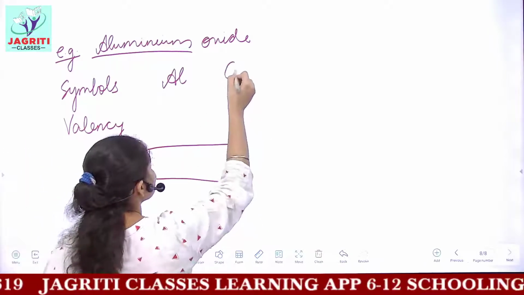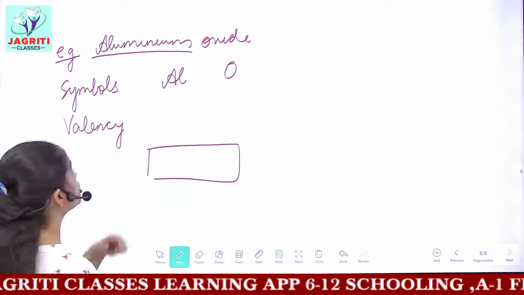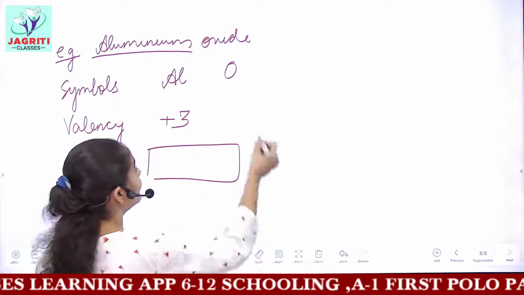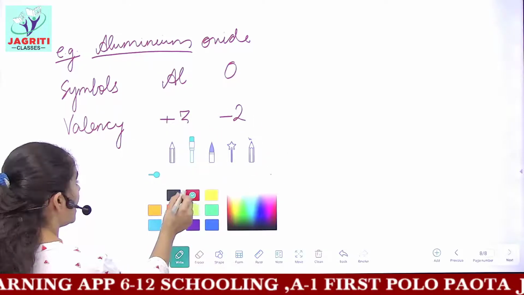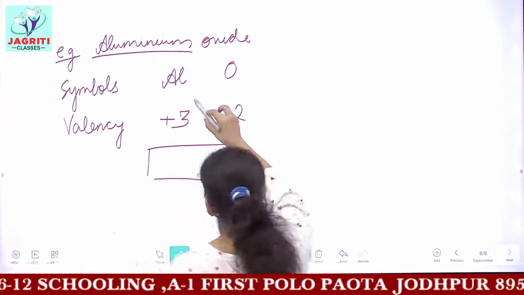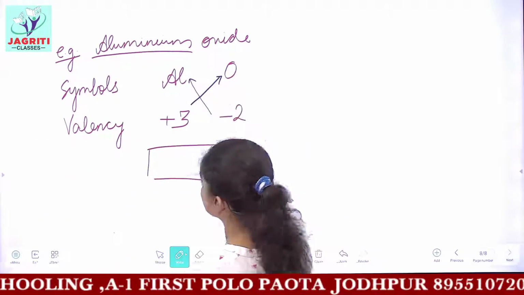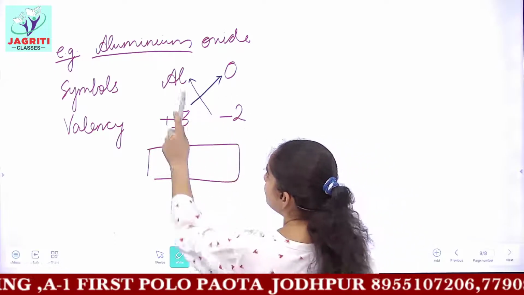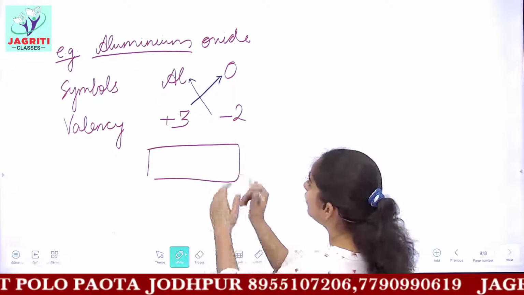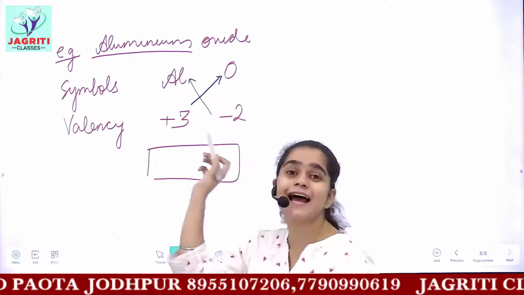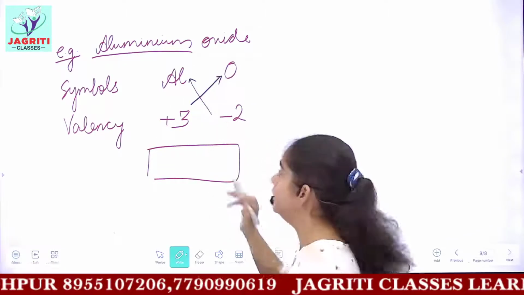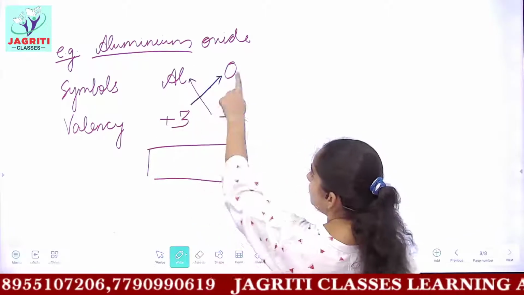So the symbol is capital O. The charge or valency of aluminium is +3 and the charge on oxide is -2. After writing the symbols and the valencies, you cross multiply these charges, okay? So this 2 goes to aluminium and 3 goes to oxygen. Remember, while writing the formula, you do not have to include these plus and minus signs. Only the numbers, or the coefficients, will multiply. So Al becomes 2 and O becomes 3.